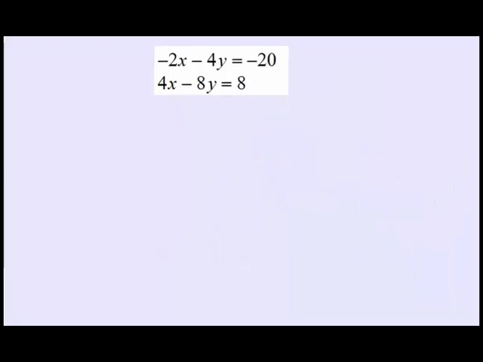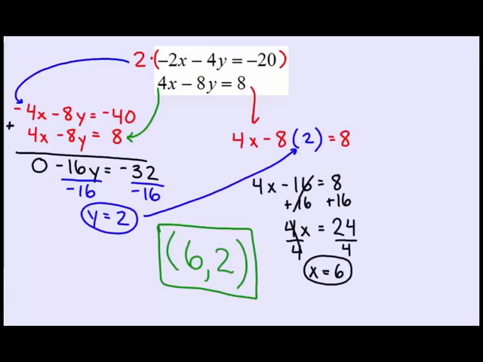Let's look at another example. Again, in this case, you can see your x's are lined up, your y's are lined up, and your numbers are lined up. However, in this case, there is no common coefficient. So your x's have different numbers in front, your y's have different numbers in front. So in order for us to start this, we have to turn at least one of them into what would